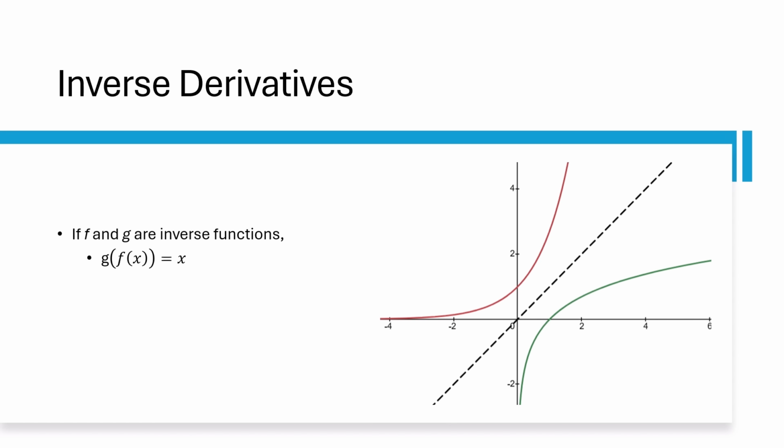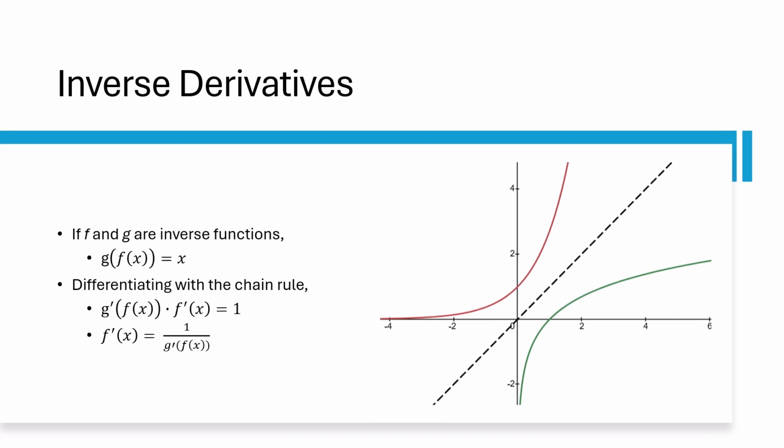Based on the definition of an inverse function, if we have two inverse functions f and g, then g of f of x must be x. If we use the chain rule to differentiate, we can solve for f prime of x in terms of g prime of f of x. This is useful when you know the values for the original function but need to find information about its inverse